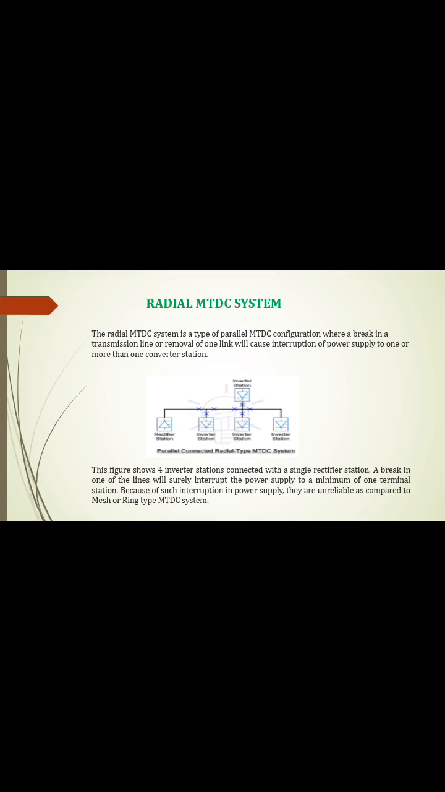Radial multi-terminal DC system. In this system, it has multiple inverter stations. The radial MTDC system is nothing but a type of parallel multi-terminal DC configuration. If there is a break in a transmission line or removal of a link from the system, it will cause the interruption of power supply to one or more converter stations. In this figure, 4 inverter stations are connected with a single rectifier station. A break in